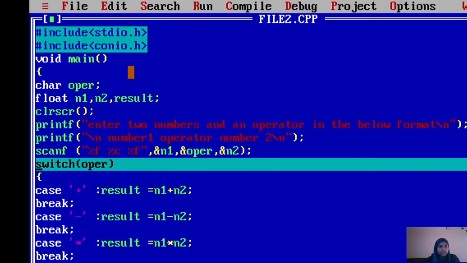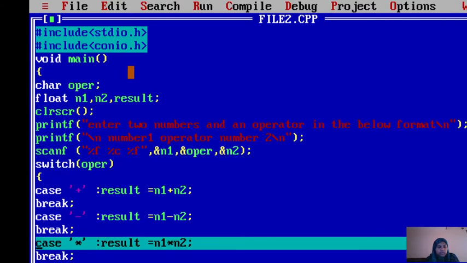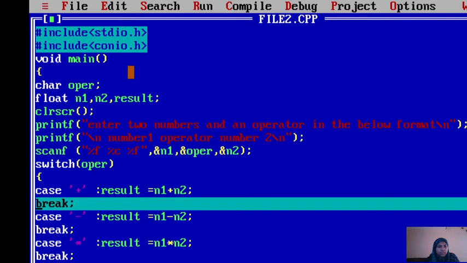Now it comes to the switch. The operator I have entered is star, the multiplication symbol. You can see the next step moves to case star, and here the multiplication operation will be performed on the two numbers.